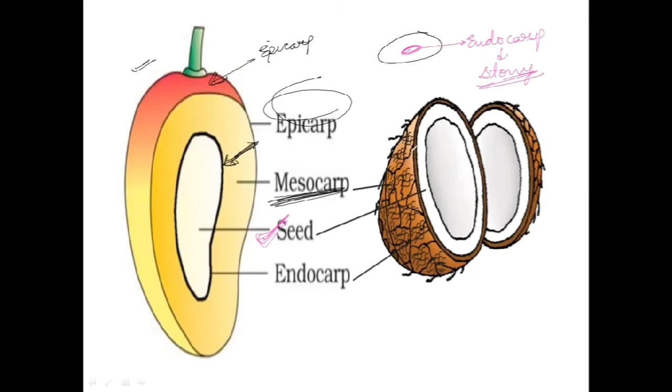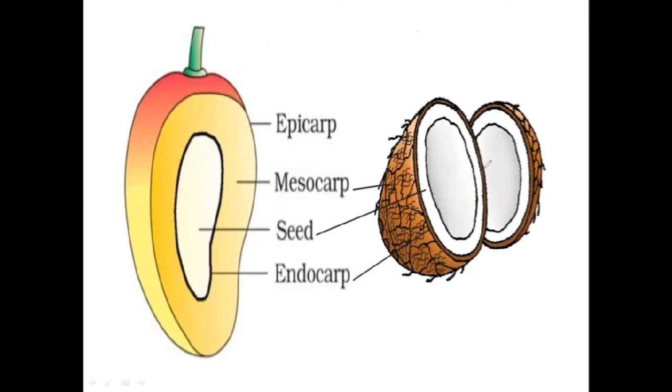Coming to the next kind of fruit we have got, the coconut. As you can see in this coconut, suppose this is again one coconut, the one which we use. Then in this coconut you can see the outermost covering is the epicarp. Then the mesocarp is fibrous. You see these fiber-like structures present. These fiber-like structures are actually the mesocarp. So in coconut, mesocarp is fibrous. Another important point.